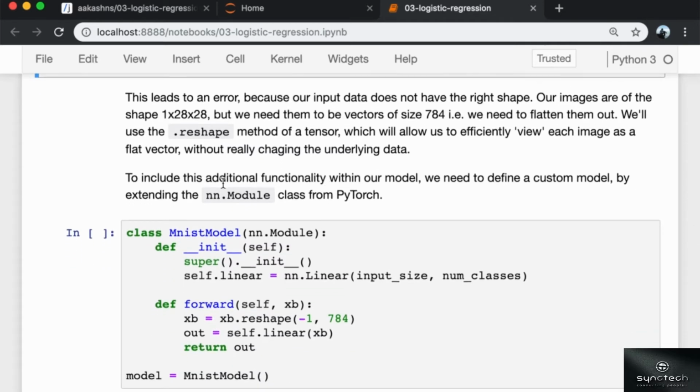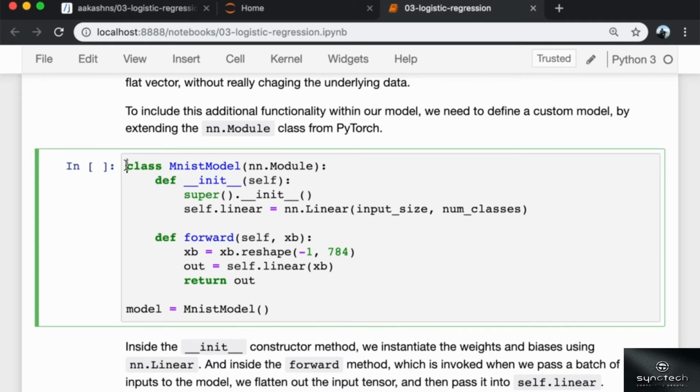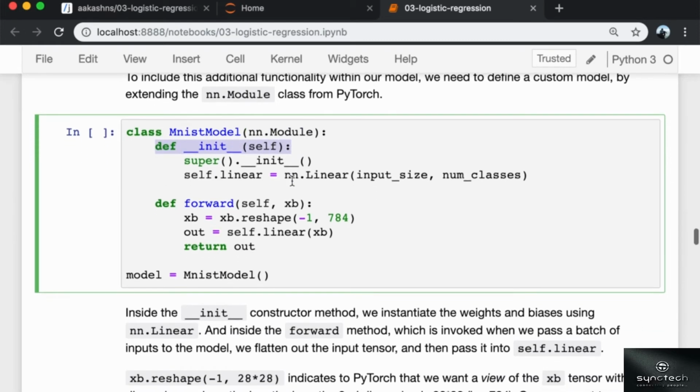And to include this additional functionality within our model, we need to define a custom model by extending the nn.Module class from PyTorch. So we define a class called MnistModel, which extends nn.Module, and this is a constructor, __init__, and inside the __init__ constructor method we call super. This is just some syntax that we have to follow in Python.